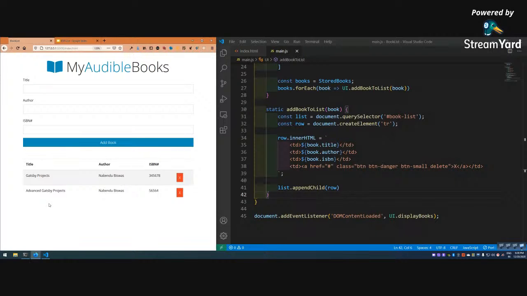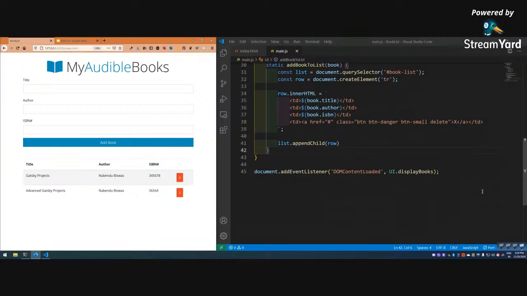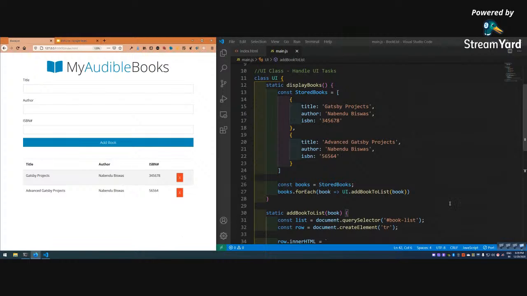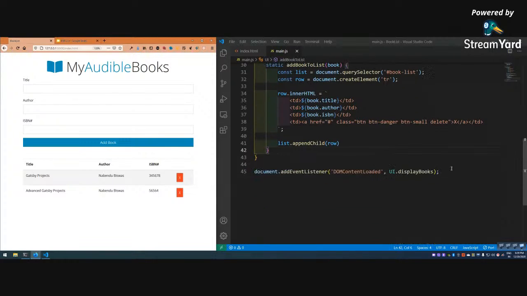Okay, so now we will add the logic to add a book. So let's go ahead and add the logic to add a book. The user fills in everything and then adds the book. This is the hard coded thing which is there by default. When it loads, it will come, but now we want the user to be able to add a book. So